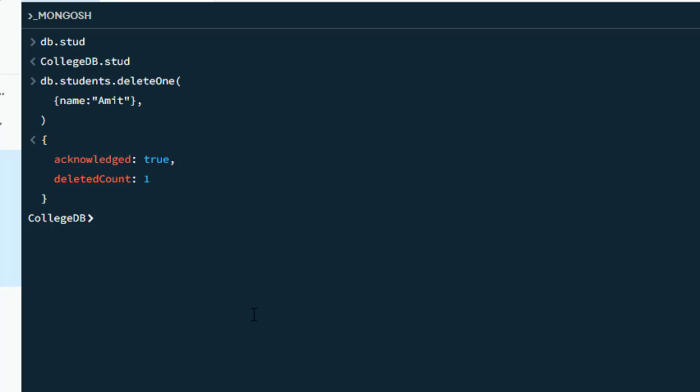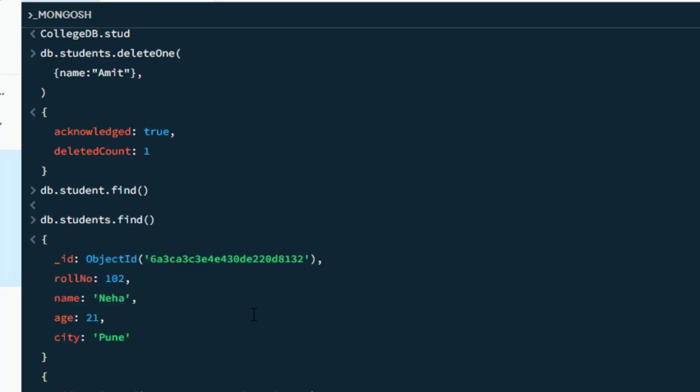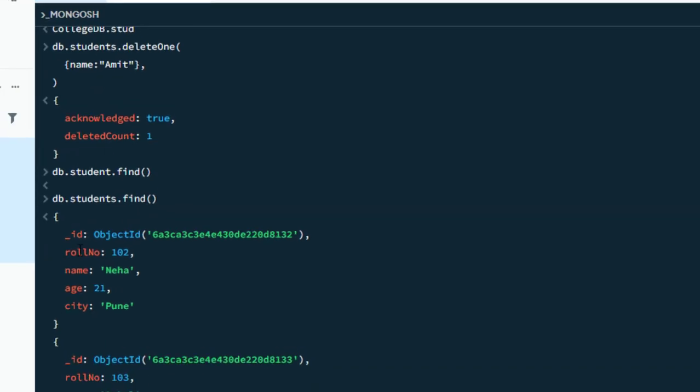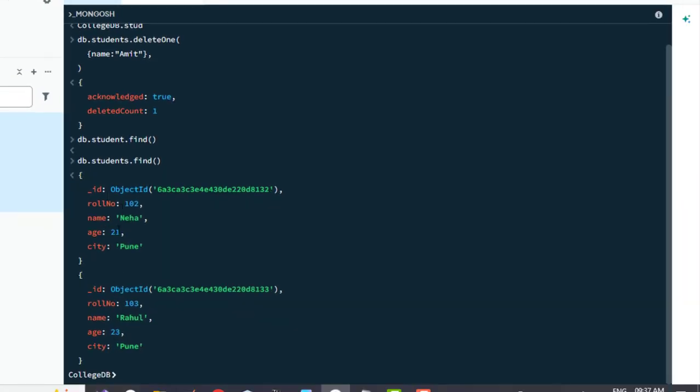Okay, because there is only one Amit record. Now we check again db dot student dot find, db.students.find. So as we can see here, we have only two records. Here there are only two records, Neha and Rahul. Amit's record has been deleted. In the same way